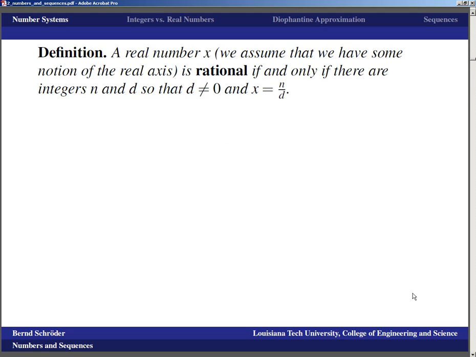Okay, so the number systems that we are most familiar with certainly are the real numbers. We're just going to assume that we have some idea what the real numbers are, because we're really not going to work much with the real numbers. And we're going to call a real number rational if and only if it's a fraction, which is if and only if there are integers, numerator and denominator,